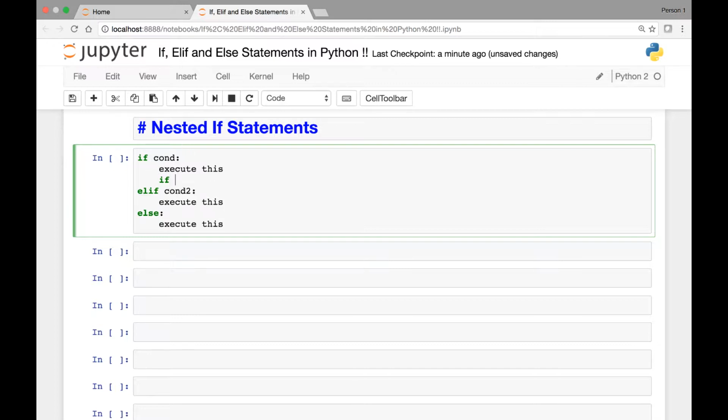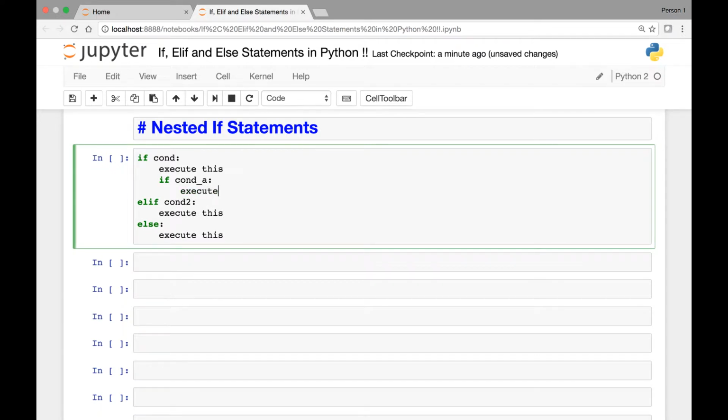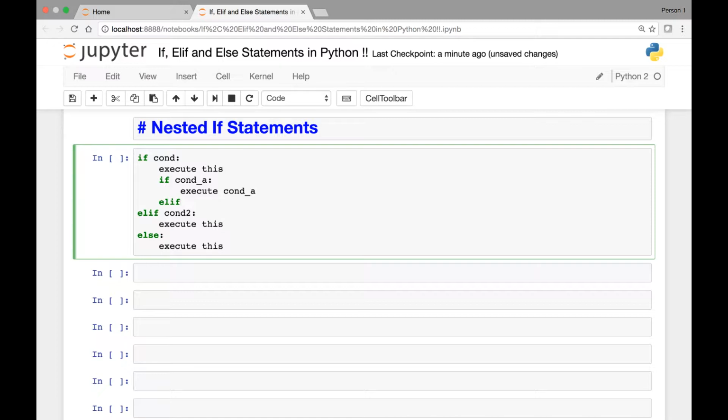We can say if condition, let's say A, execute condition A, and then we can have an elif statement here, elif condition B. Let's say this is condition 1, condition 1A, execute condition 1A, elif execute condition 1B,